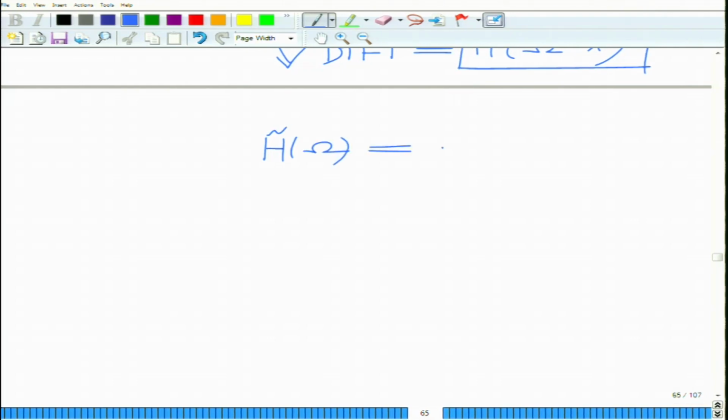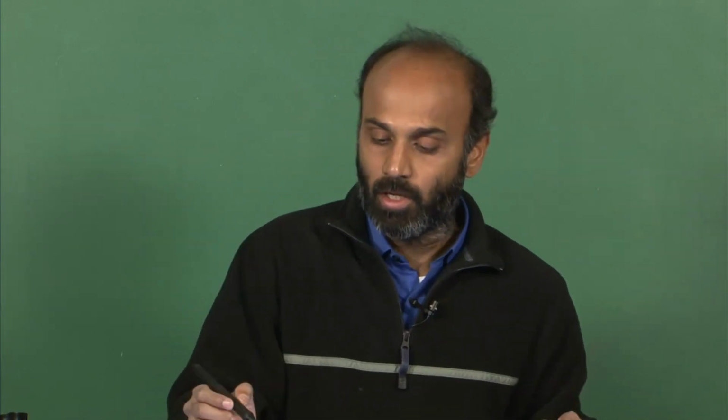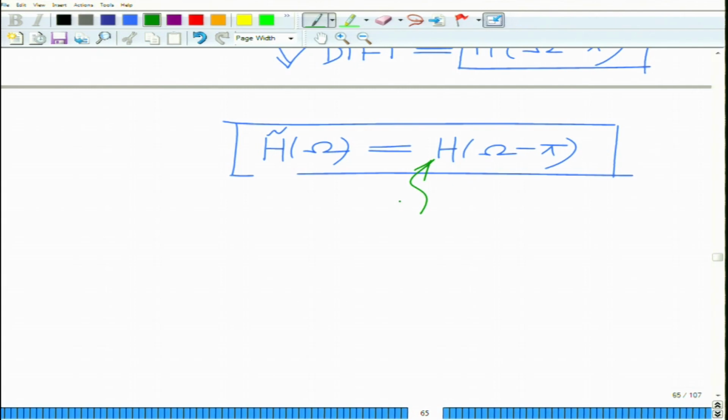So, h tilde of omega is h of omega minus pi. What you are doing is taking the low pass filter response and shifting it by pi, and remember it is periodic. So the shifted version, h tilde of omega, will also be periodic, in fact with period 2 pi again. Simply shifting does not either induce or destroy periodicity. The original signal is periodic, the shifted signal will also be periodic, and the period will be the same. So, this is the shifted